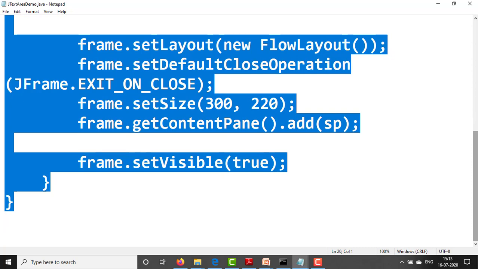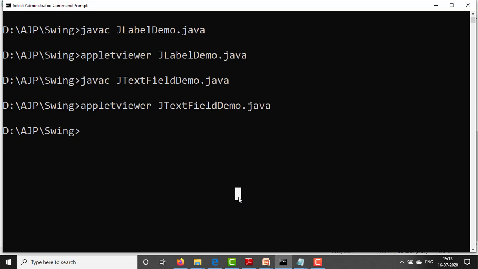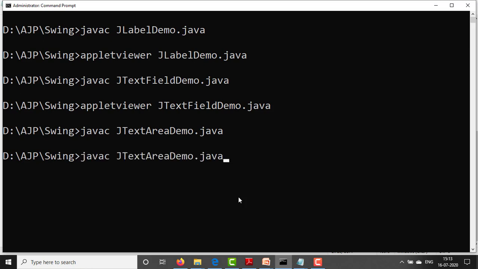Like this you can perform the text area programming, a simple program you can perform with the text area. And see the output of this example. Javac JTextAreaDemo. Appletviewer, no, this is a frame program, so directly you can run it by using java -cp . JTextAreaDemo.